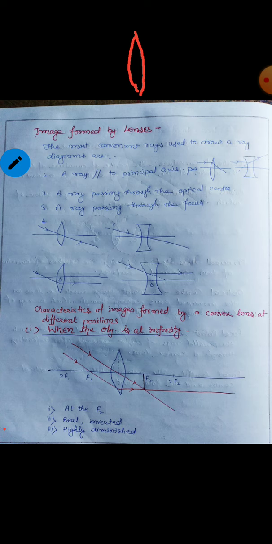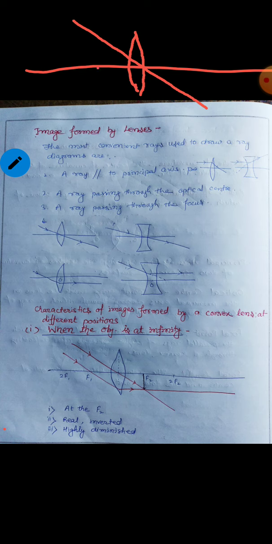So in this case, we take one ray which is passing through the optical center, and another ray which is passing through the focus. Suppose this is the principal axis and here it is the focus. So we know the ray which is passing through the focus, after refraction,